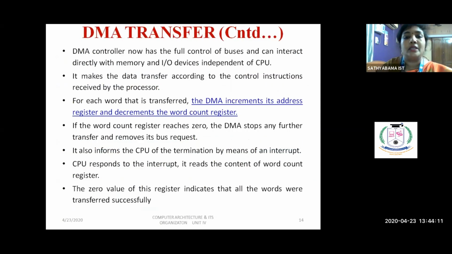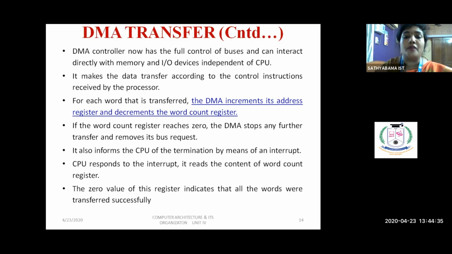After this, the DMA becomes the controller over the buses through which the peripheral can directly access the memory without the interference of the CPU. According to the control instruction, data transfer happens.